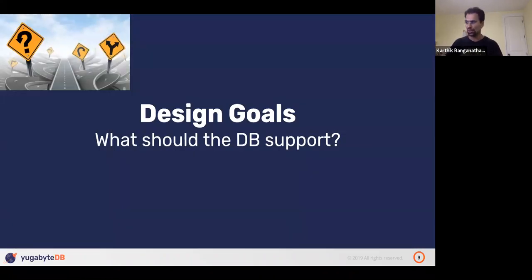Okay, so let's look at the design goals. What should the database support? This was the first question that we had to ask. We kind of looked at all of the relational databases, MySQL, PostgreSQL. We looked at what Spanner does, what Aurora does. Everything was out there before we started to build Yugabyte back in early 2016, right? So